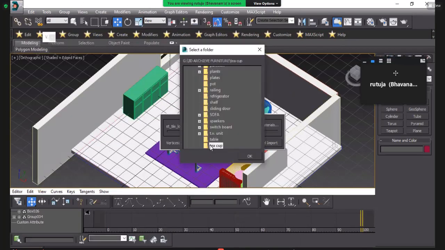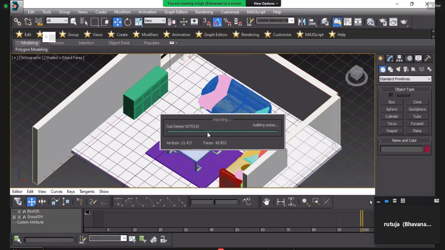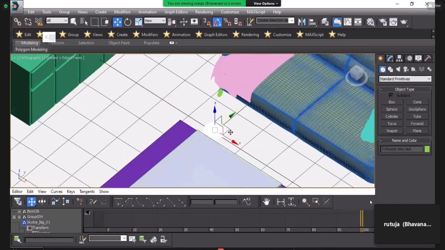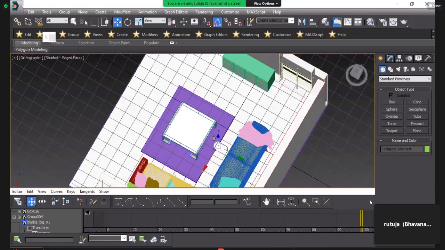Okay, don't show it. Press OK, and now you get the teacups here. So here is your teacups. Place it on your tea table.